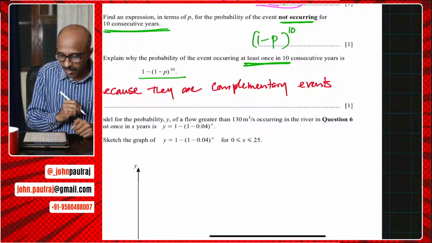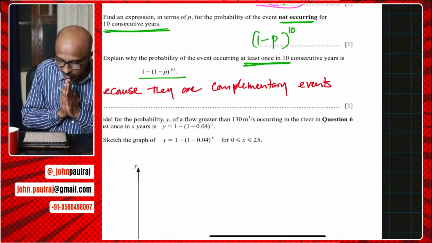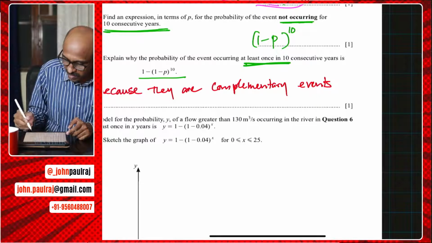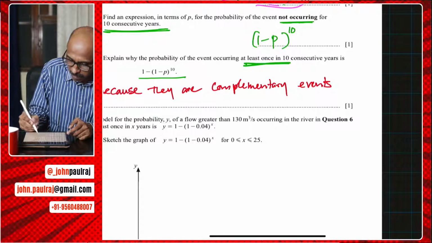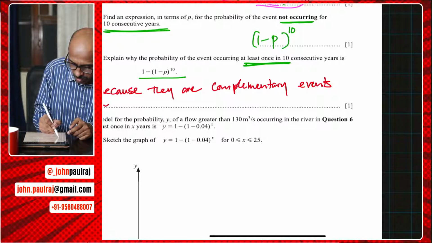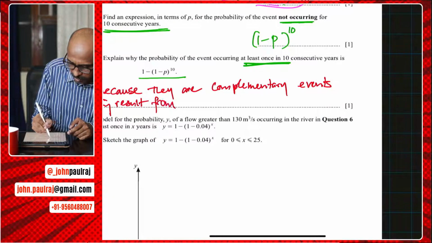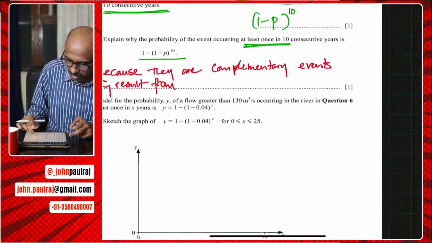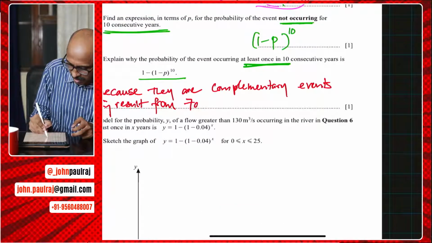That's a good reason, okay? And I don't know why I wrote in red, but I've written it, so be it, okay? Because they are complementary events, from part A, you can say using result from actually part 2, okay? So 7A2, you can make a reference to that. 7A2,